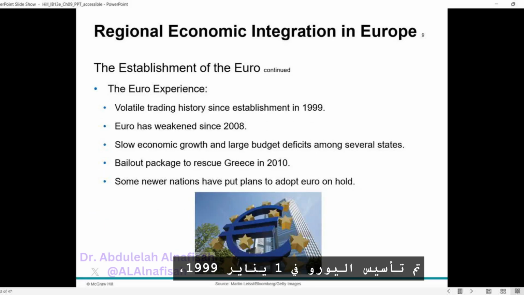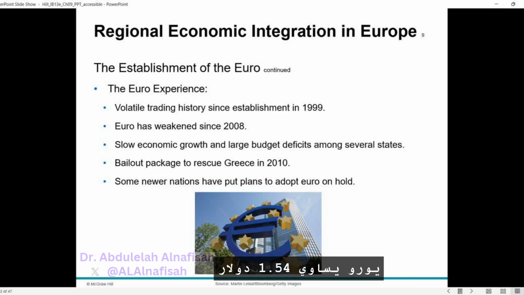The euro, established on January 1, 1999, has had a volatile trading history against the U.S. dollar. Initially, it started at €1 equal $1.17, but fell to a low of €1 equal 83 cents in October 2000 due to investors moving money from Europe to the U.S. for investments. By late 2001, the euro began to rise as the dollar weakened, reaching a high of €1